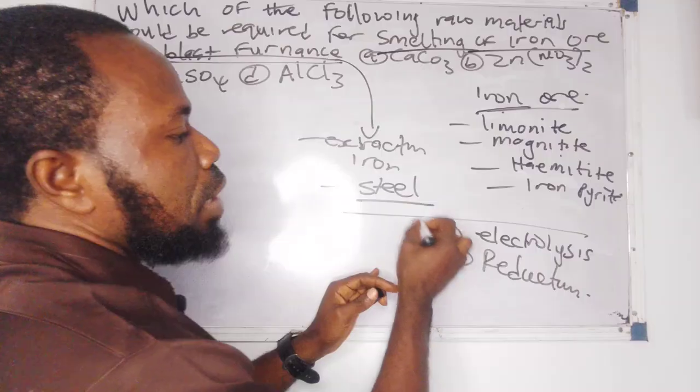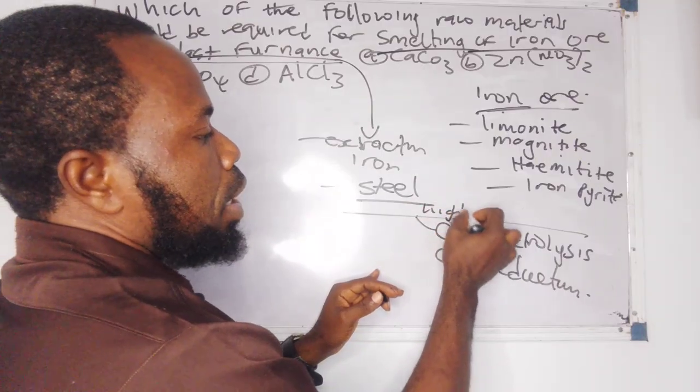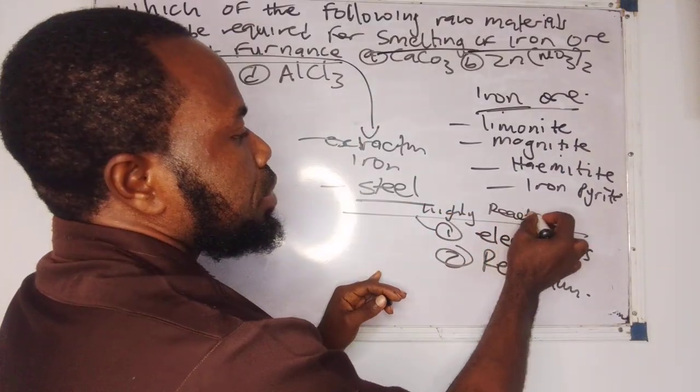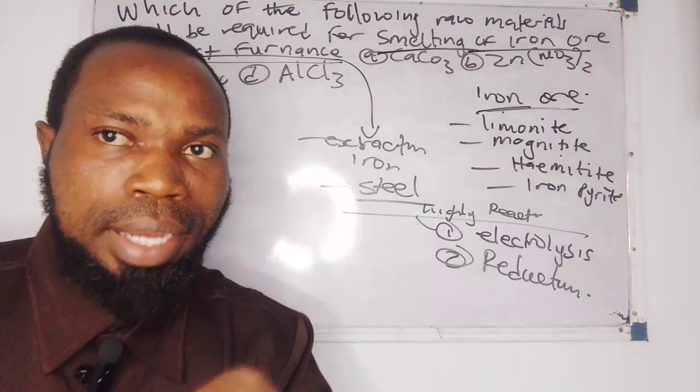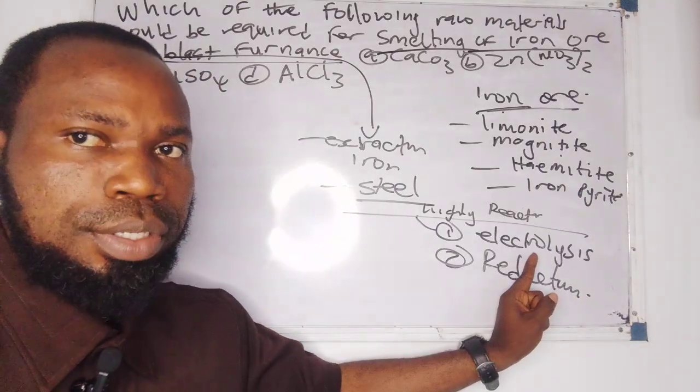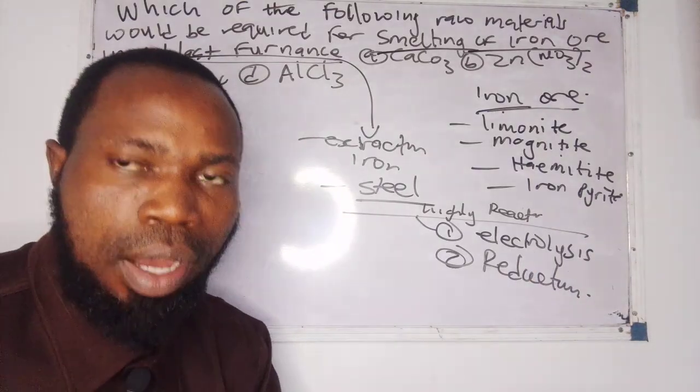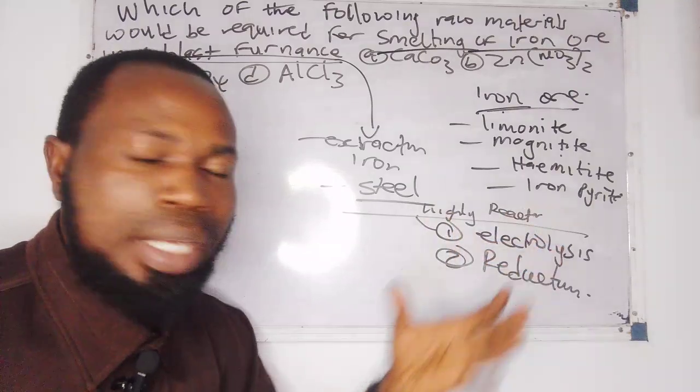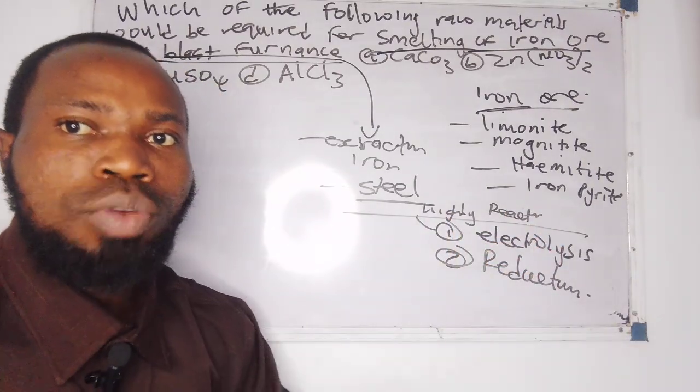Those metals that are highly reactive are usually extracted or purified by electrolysis, for the likes of sodium, calcium and potassium. These metals are highly reactive, so they usually